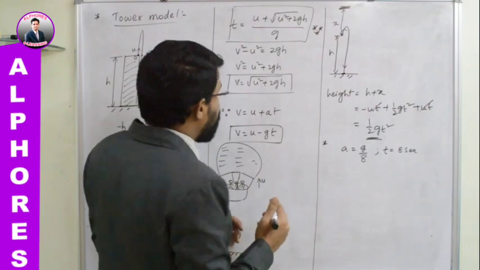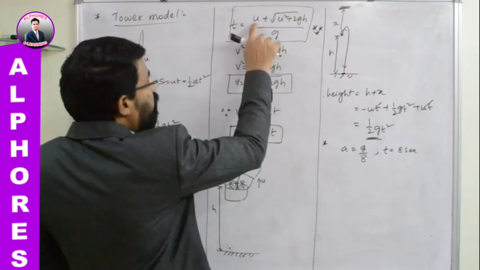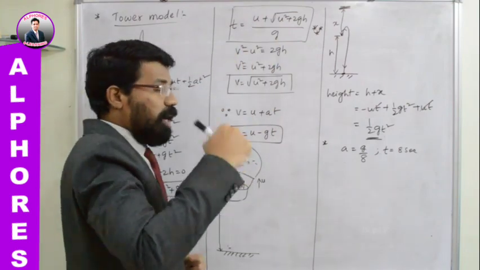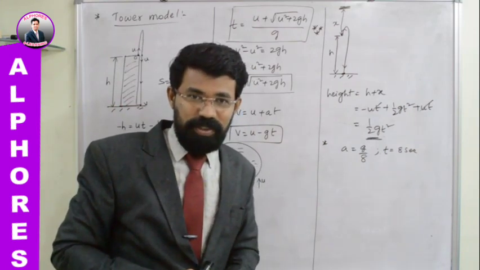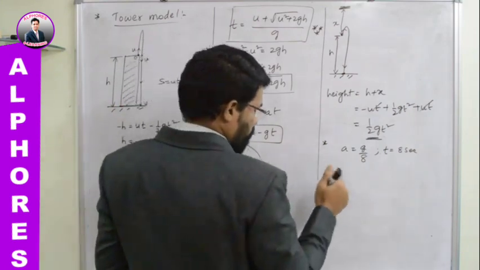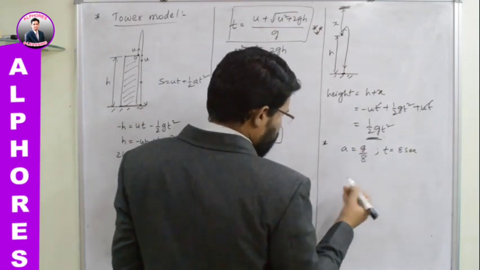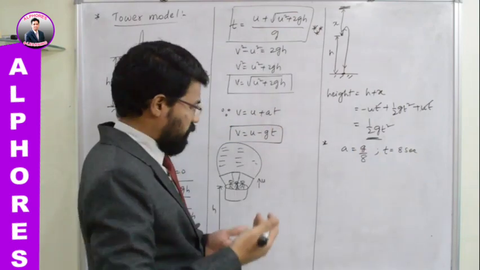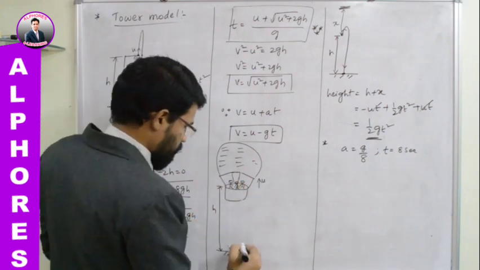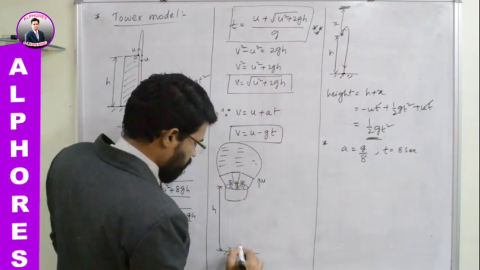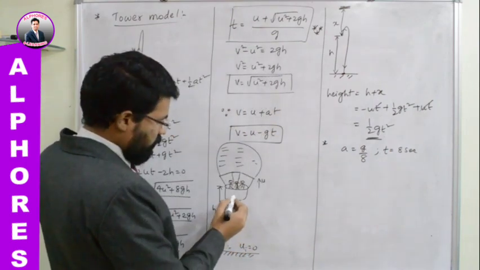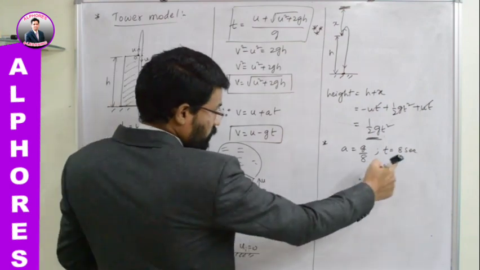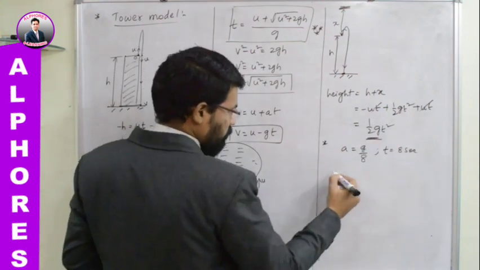If you want to find out the time of flight, you need the velocity with which the balloon is traveling when the coin is pushed from the basket of the balloon, isn't it? So to find out that velocity, usually a hot air balloon starts from rest position, from the ground. So you can take the initial velocity u as 0. If that is the situation, you can find out the velocity of the hot air balloon after a time t equal to 8 seconds.